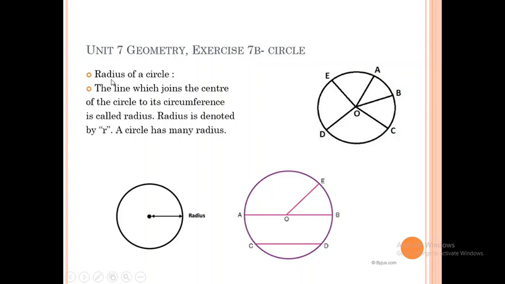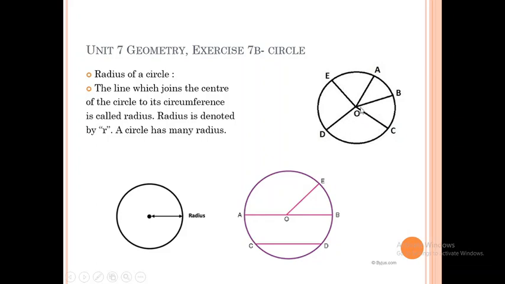As we did the definition, radius is a line which joins the center of the circle to the circumference. Some little more information about this. See, this is a radius, that is OE. This is the radius OB. This is the radius OA. But CD, this is not the radius. Here you can see many radius: OA, OB, OC, OD, OE, all these lines, they are showing the radius of the circle.